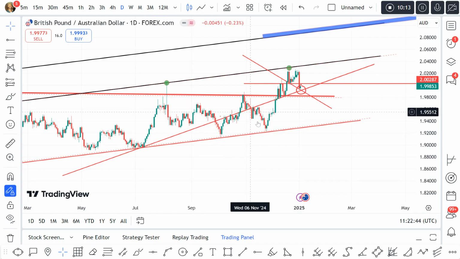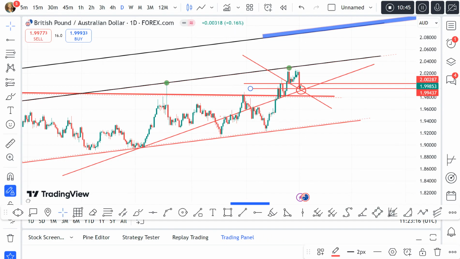Price came down, broke the demand floor, respected the supply roof, broke the supply roof, price returned on demand and respected it, continuously respecting the structure. So when price returns, they have no option because we have here double confluence, a descending trend line and an ascending trend line. And to back it up, we also have a horizontal structure at this level. So this is also adding to our bullish bias